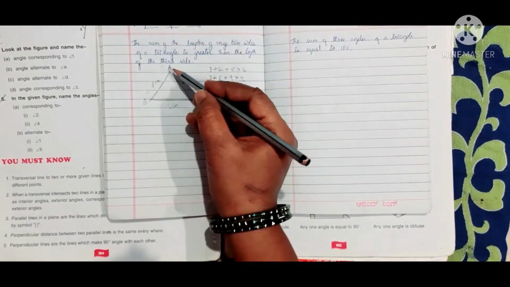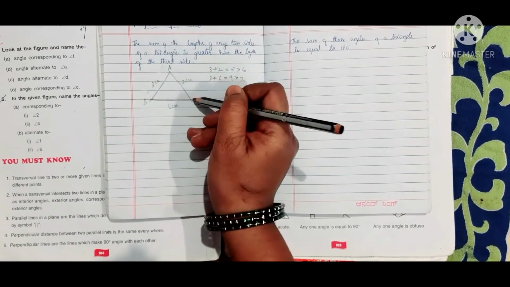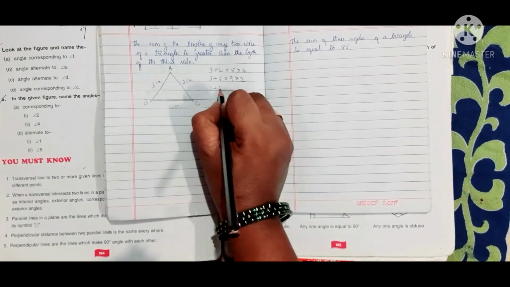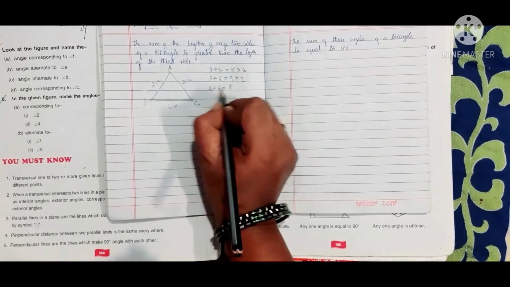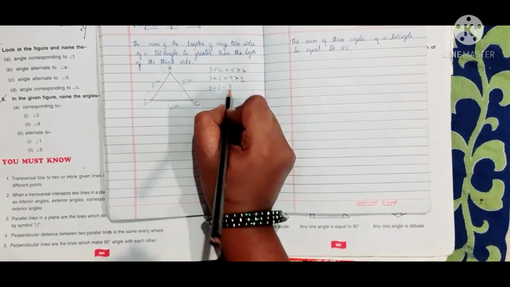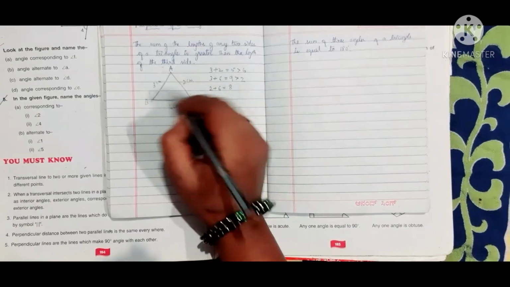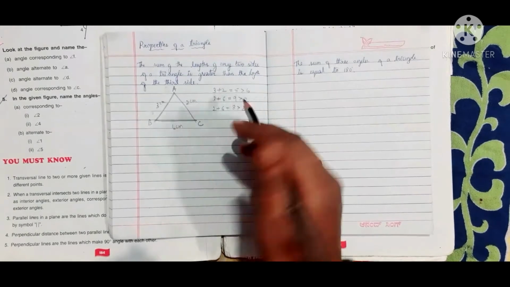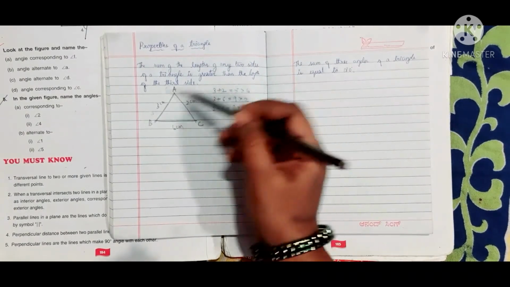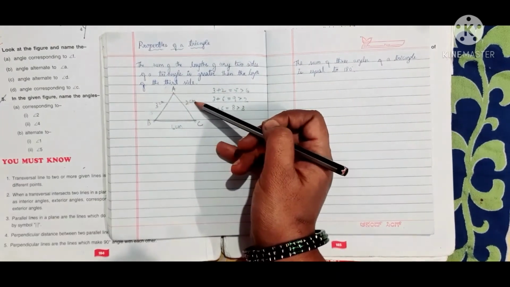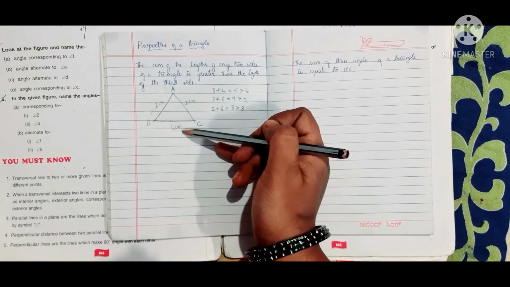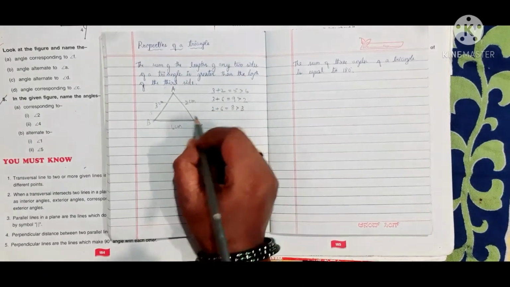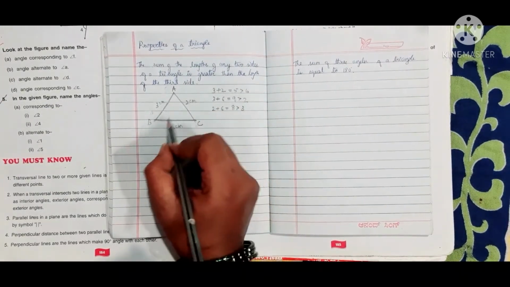Then we shall check with the sides AC plus BC. AC is 2 centimeter and BC is 6 centimeter, which is equal to 8 centimeter, and then this 8 is greater than the third side AB, which is 3 centimeter. So here we have checked the property that the sum of the lengths of any two sides of a triangle is greater than the third side in all the three cases. Therefore, we can say that we can construct this type of triangle.